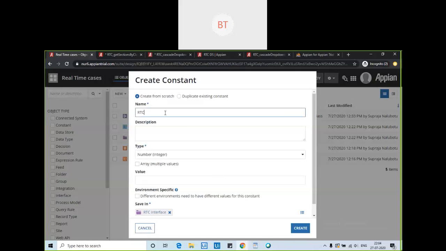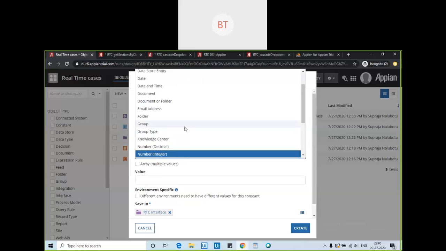RTC underscore ds constant, like that only I am giving the name. This constant is for RTC underscore ds. So what will the type be?